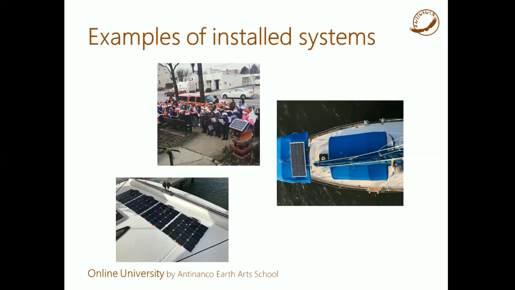The system on the right is a little more advanced. It's 150 watts, so 15 times more powerful charging capacity than the little library house, and it's on top of a boat. And the one on the left, in the lower left corner, is even more powerful. That's a 200-watt system that's soon going to be expanded to 300 watts. That's another system for another boat. That's a much larger boat with a totally different use pattern, and therefore the system calls for a lot more